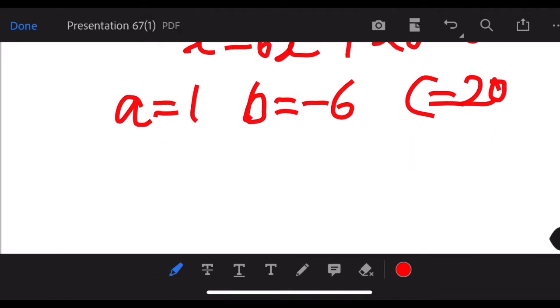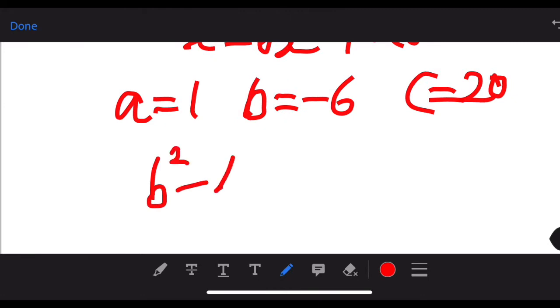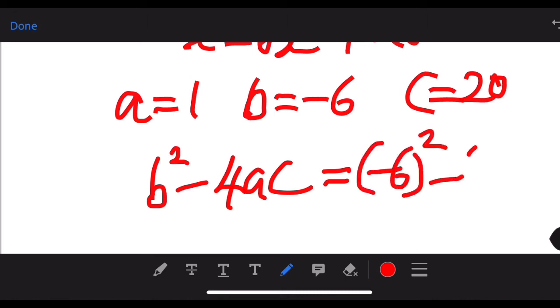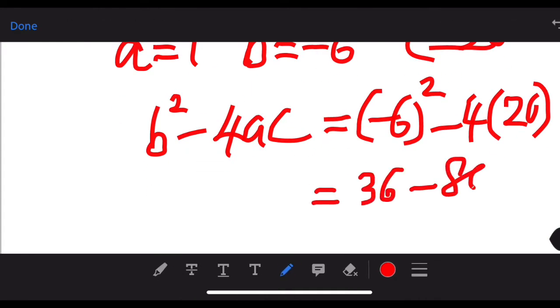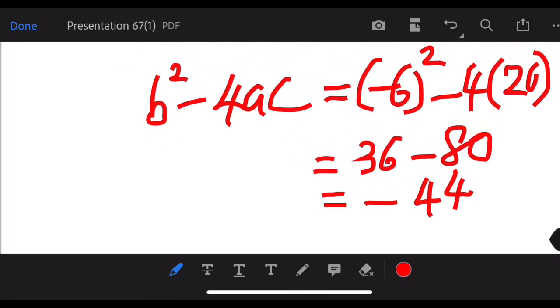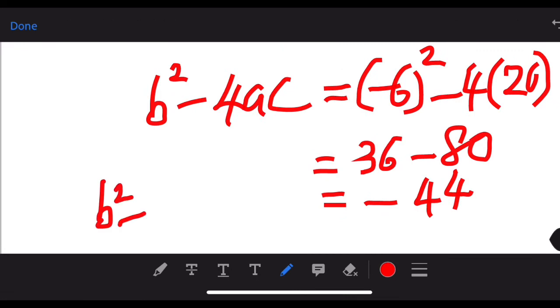So you write b squared minus 4ac. Don't write less than 0. You substitute negative 6 squared minus 4 times 20. So you have 36 minus 80. Yes, you are having a negative value. So since b squared minus 4ac is less than 0,